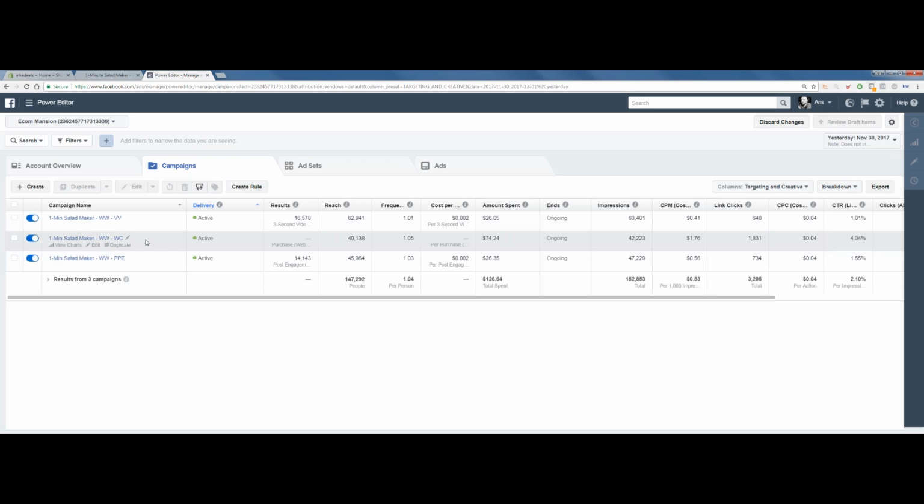All the time, your winners are going to be within your website conversions, since it's optimized for website conversions. You can get video views conversions, and you can also get conversions from post engagement, but these are used to fuel the ads. This one is where all of the time you're going to see the money.